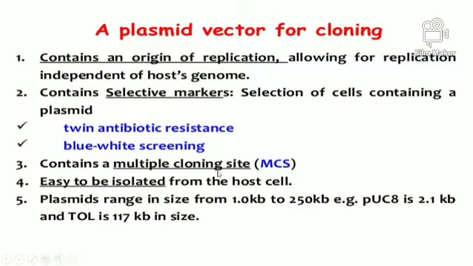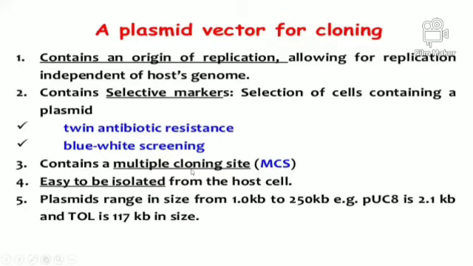Then it contains the multiple cloning site, MCS. You can add one or more than two desired genes in the same vector. That is the multiple cloning site. So if you want two characters at a time by using a biotechnology technique, for example, fusion between a horse and a donkey, then we have the mule. Or if we want a cow with good height, good color, and good milk giving capacity, you have to take multiple characters for cloning, and this can also take place with the help of the plasmid vector.